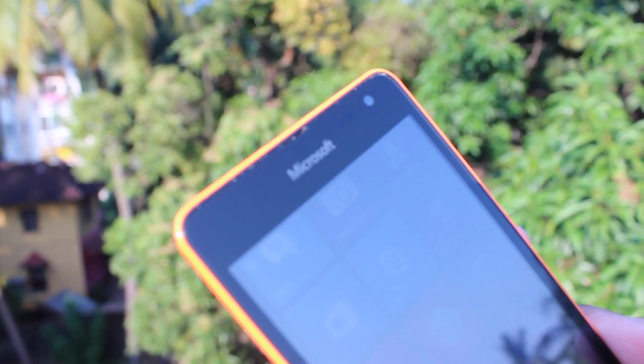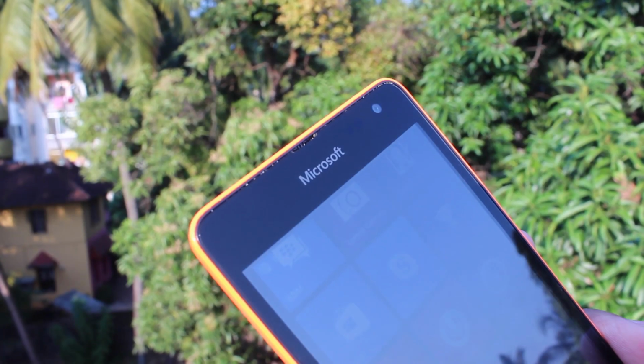This can result in a couple missteps every now and then. I'm hoping this isn't a hardware related feature and maybe just might be fixed in a software update. Moving on, above the screen you have the Microsoft branding right over there with a centrally located earpiece, and you